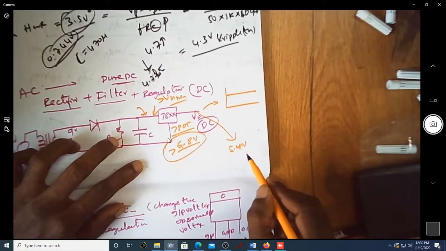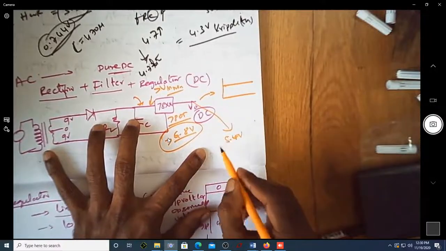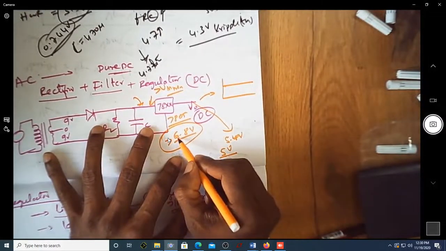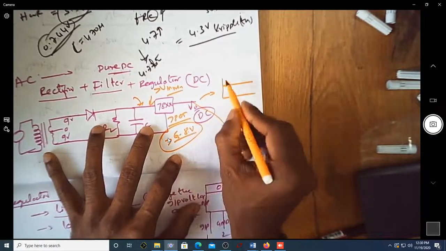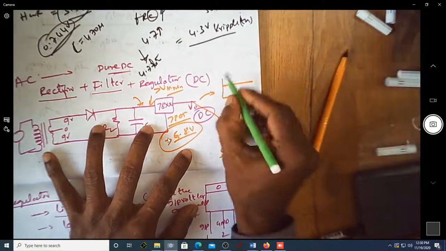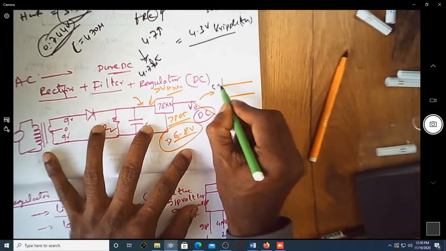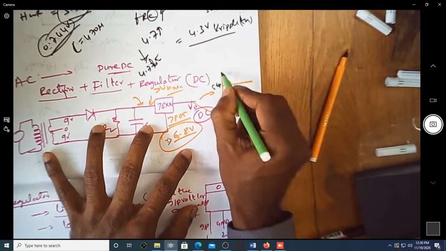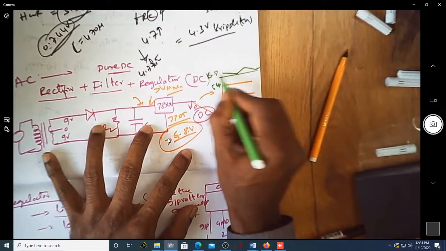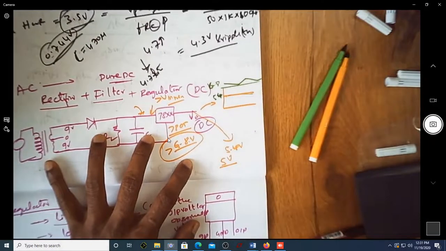So that's what I was getting in my regulator in my remote lab. Otherwise it should be exactly 5 volt. If the input voltage is more than 6.8, then I'll get a constant output. So when I say more than 6.8, it should be some area. This is 5.4, and if my input voltage is something above 6.8, then I'll get a constant DC voltage. So that's what you're seeing here.